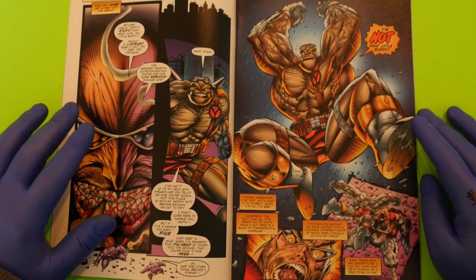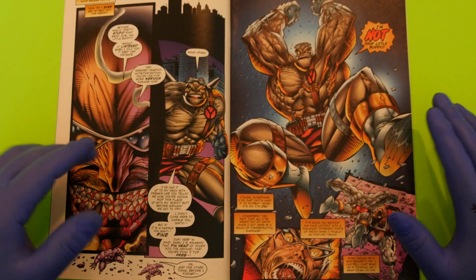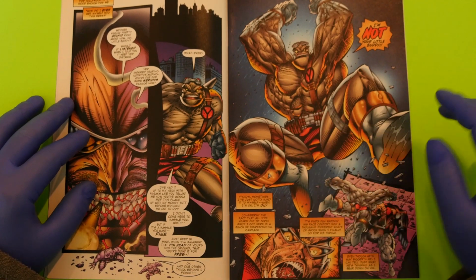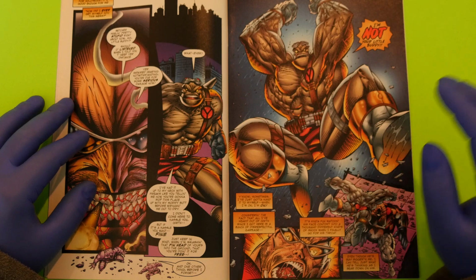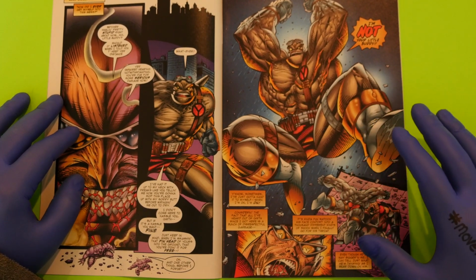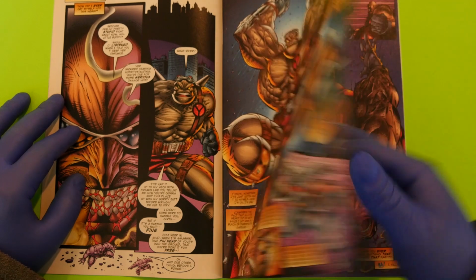They're talking trash back and forth. And basically what's happened here is the Overlord has sent the Vicious Circle to kidnap Badrock's dad. Badrock is just a teenage kid in a giant rocky body. And that is one of the appeals of this character. And one thing I've noticed about this comic book,